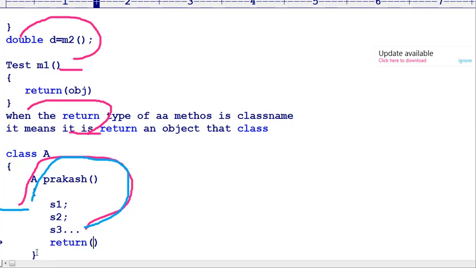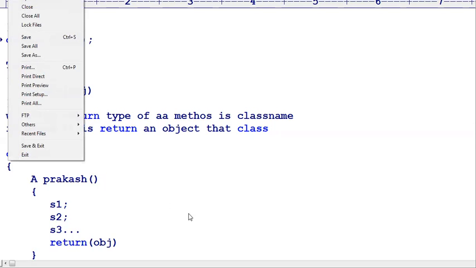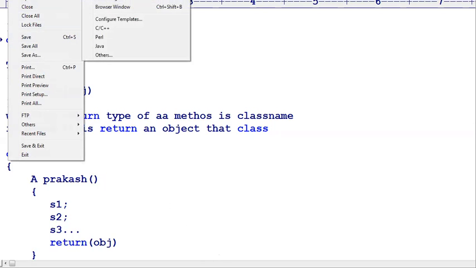Return type of that class. Okay, simply we can understand. Let us go for a small execution of this program, where I would like to go for creating a